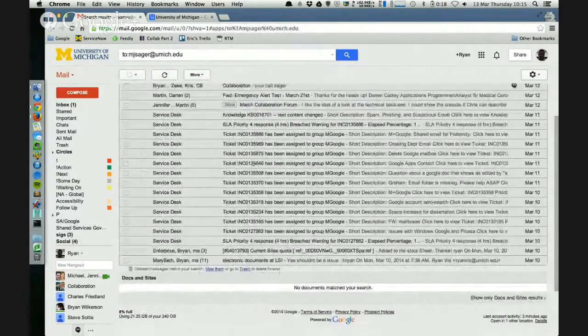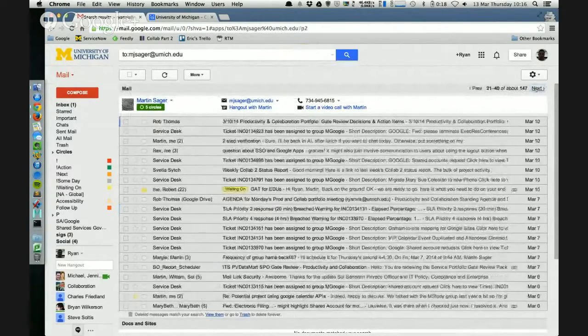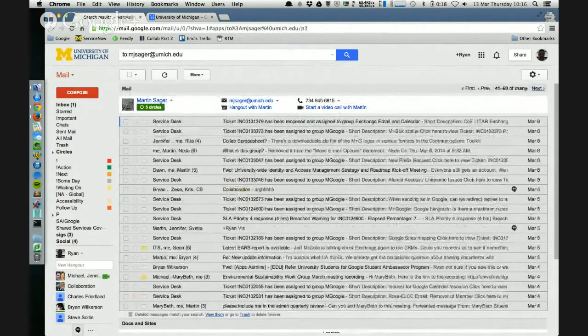This also shows things that were sent to him that I may have been copied on, so if you're in the To line with a bunch of other people, that will return tickets. Sometimes that's not really a good cut. This is saying 71, and I bet if I click next, that number will just keep going up. So we just jump to many. Many usually means hundreds and hundreds of messages. That's just too much.